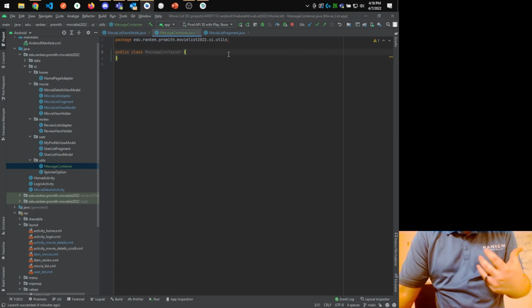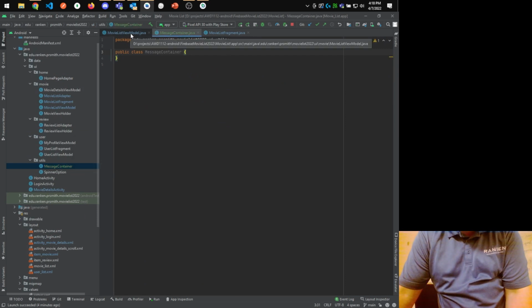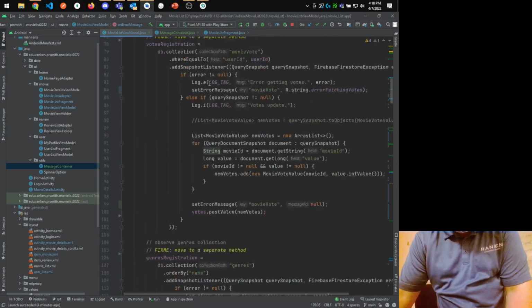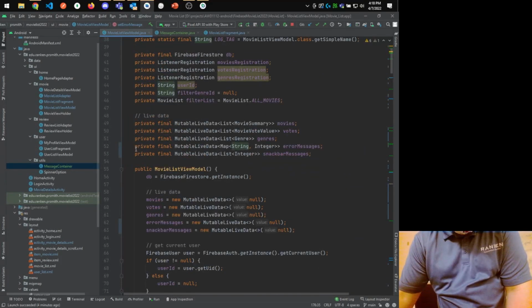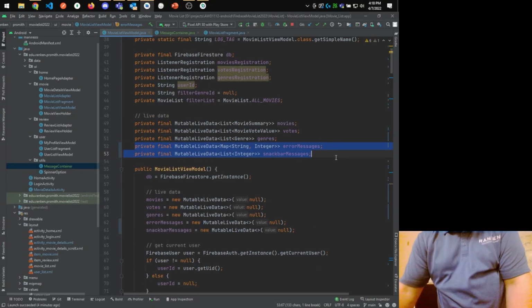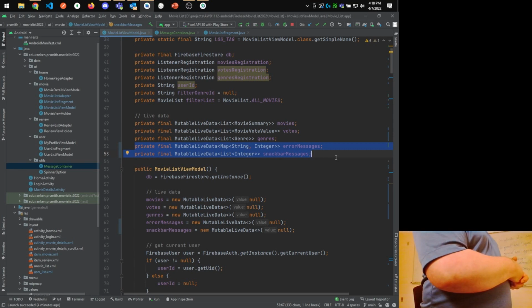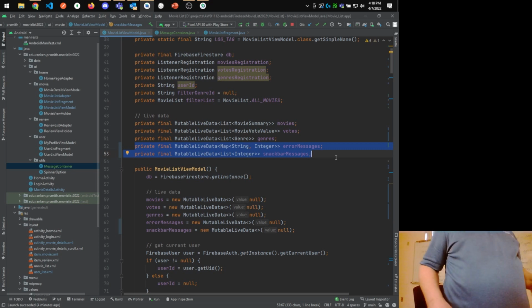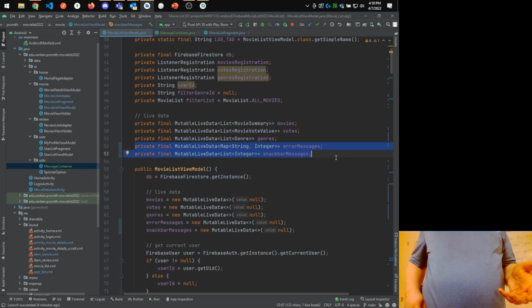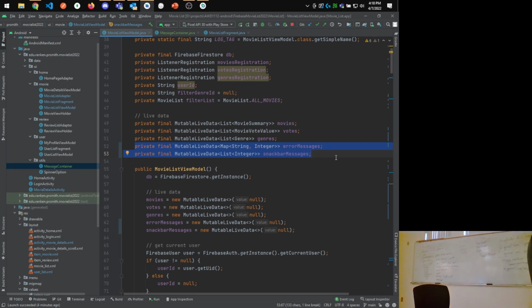So if I'm making this message container, things I know is I know that anything that's working with this set is going to need to have that map, and it's going to need to have that list of snack bar messages as well. I did wrap these both in a live data, but one thing to consider, which might make our life easier, might not,